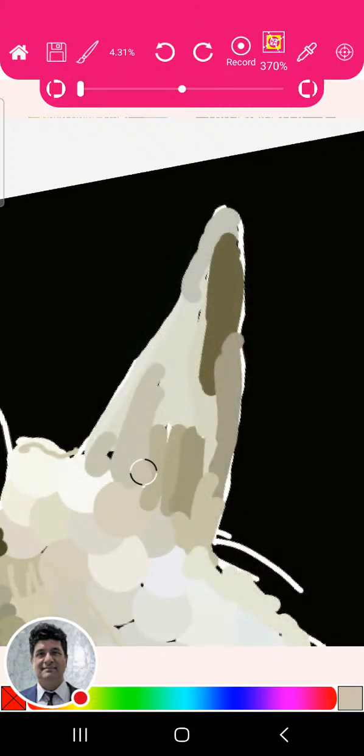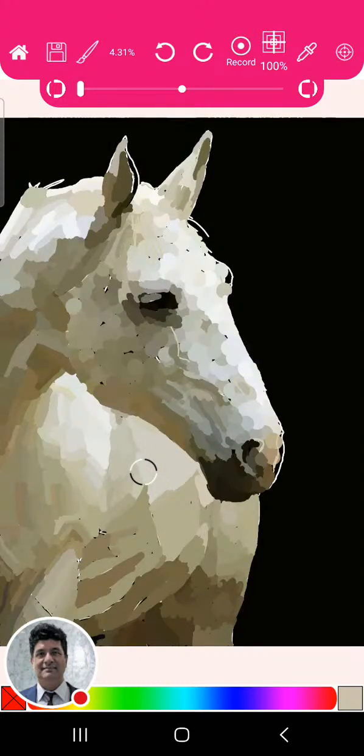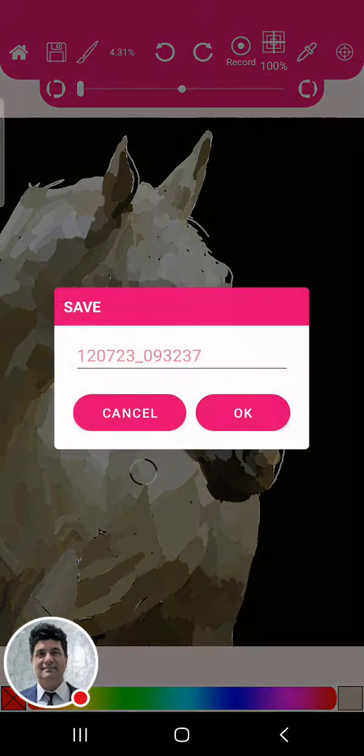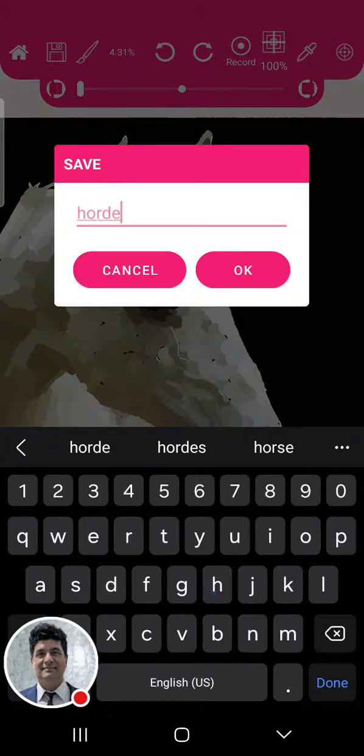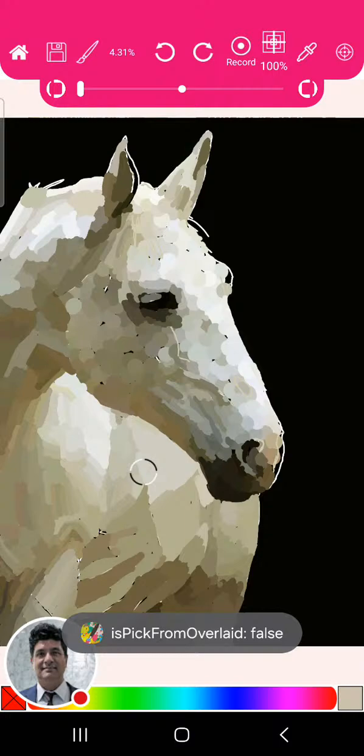Alright, so look. Nicely done, isn't it? You gotta admit, this is with the block coloring. Save. I don't know how far you got. Horse horde 2, continued. Okay, now we're going to do some